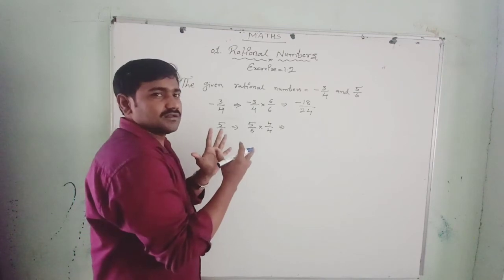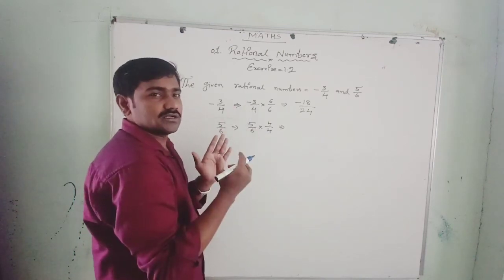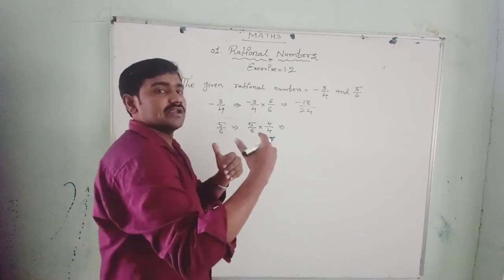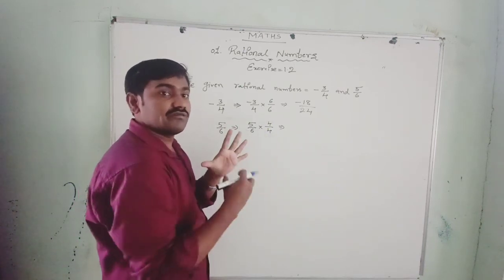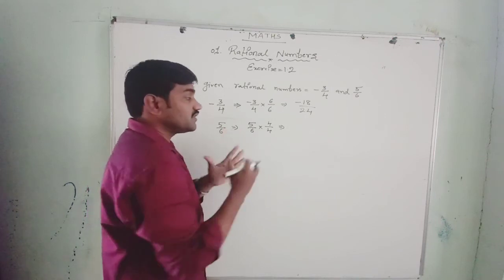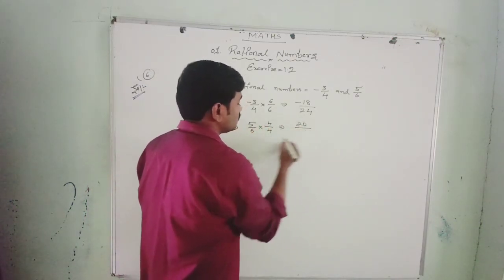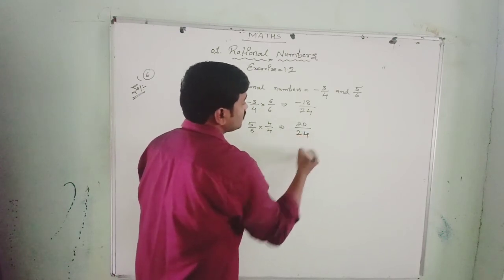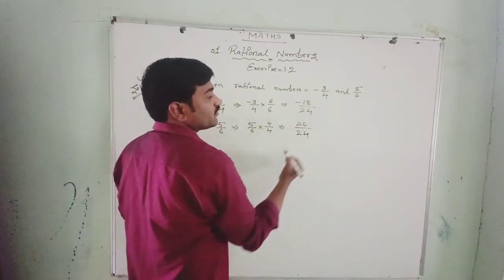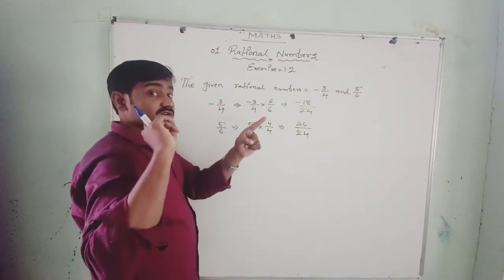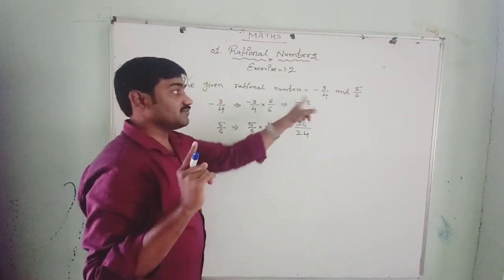We did it that way and checked, but it was not possible. 8 and 9 came, and between 8 and 9 there is no number. Then we increased again by 2 by 2 and checked, and we got 17 between that. So in that way we have to check. 4 5s are 20, 6 4s are 24. See here, 24 and 24. Minus 18 plus 20. It is not plus 18, it is minus 18.